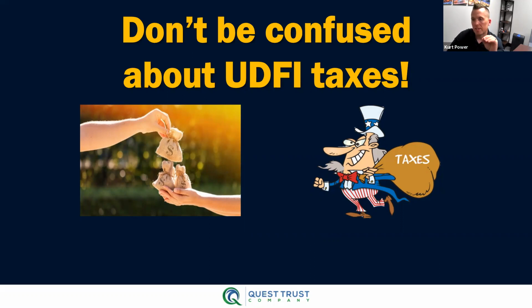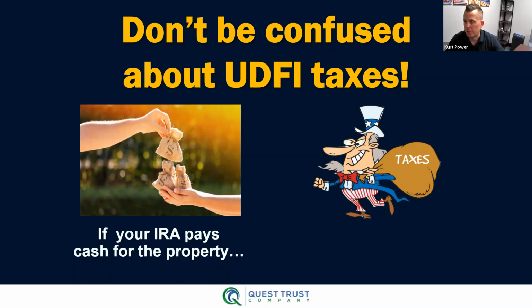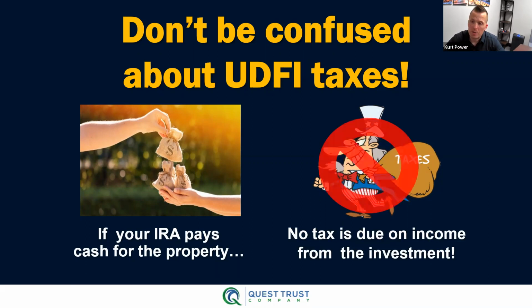Very specific examples: running a business, renting personal property not attached to land, or owning debt-leveraged property in my IRA are the only ways I will ever incur UBIT. So again, it's not to make you scared or dissuade you, it's to make you aware of it. If your IRA pays cash, 100 grand for a property, there's no debt leverage, so there's going to be no UBIT on that.